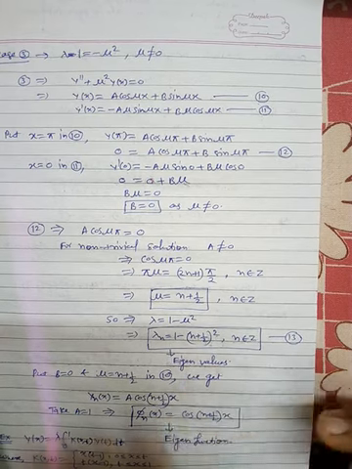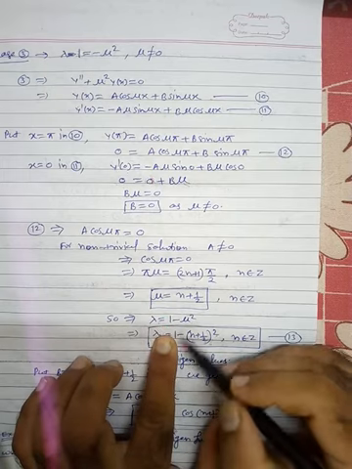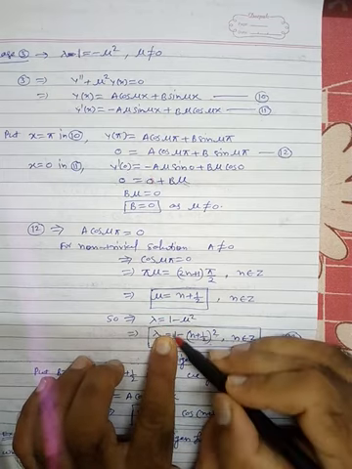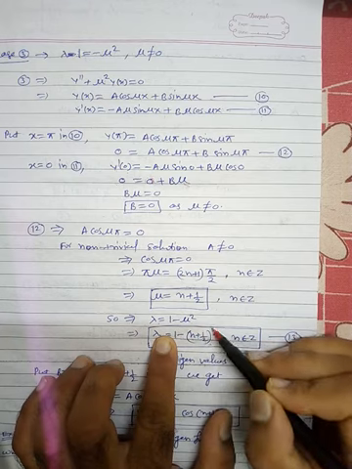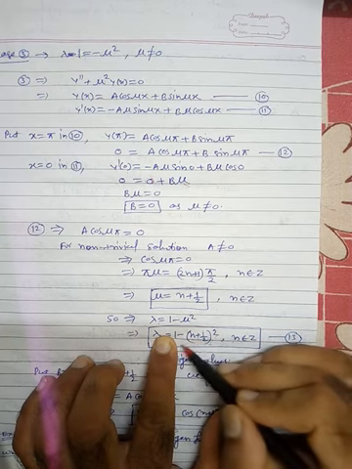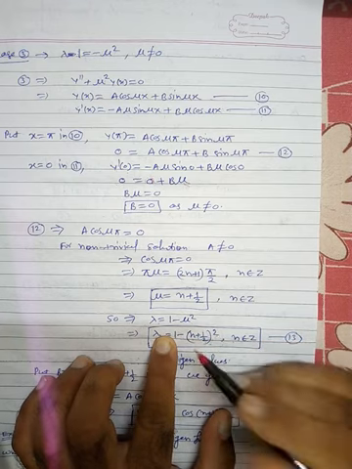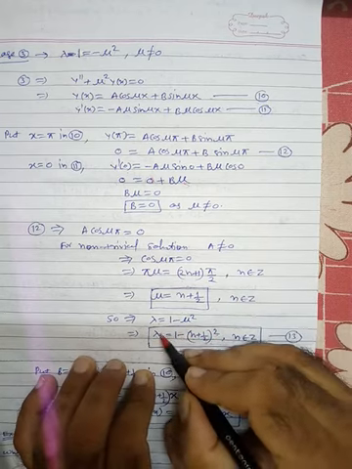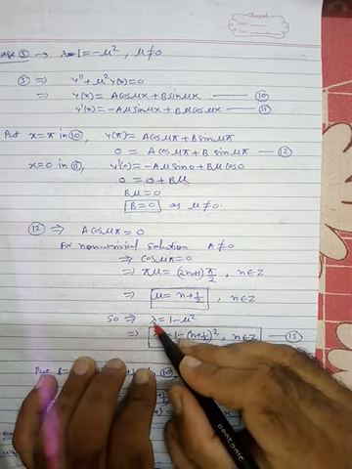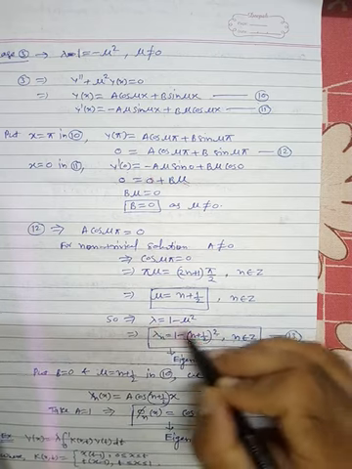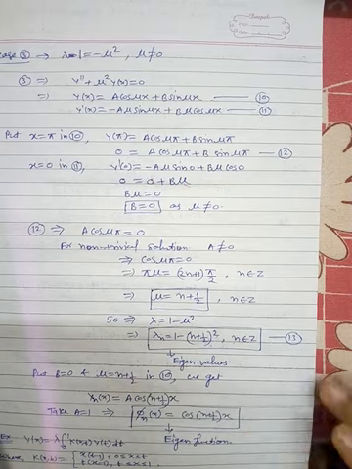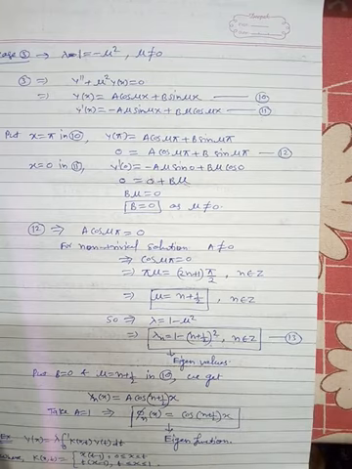Since here we are having lambda, after putting this value we are getting this term, and you can see that this is again a function of n. Whatever be the value of n, you are getting a value. So to show this dependency on n, we are using this subscript n. This is actually lambda, but to show the dependency on n, we are using lambda n, and these are the eigenvalues.